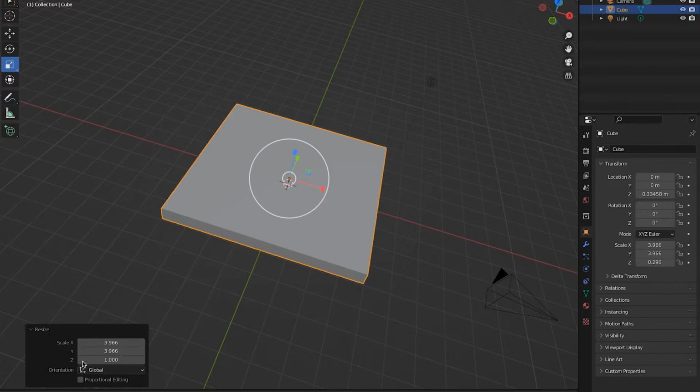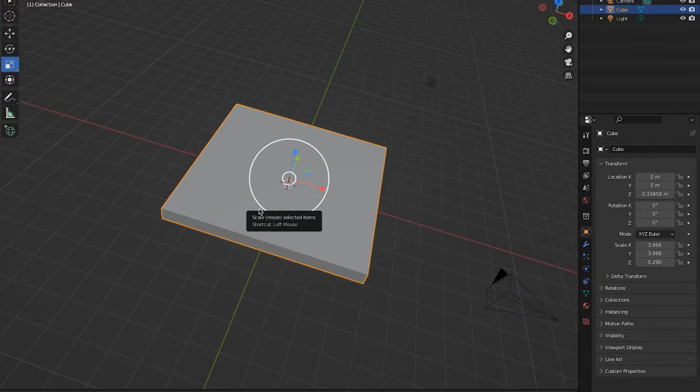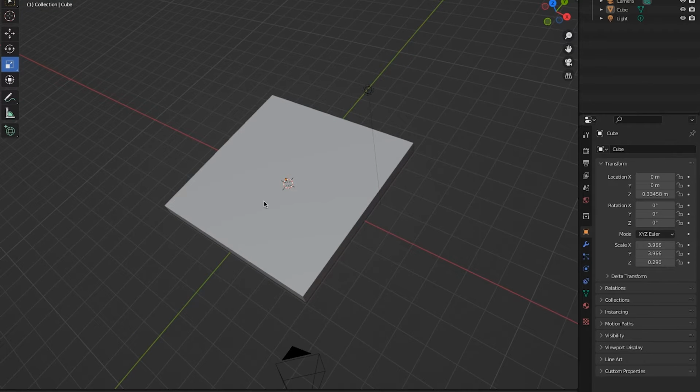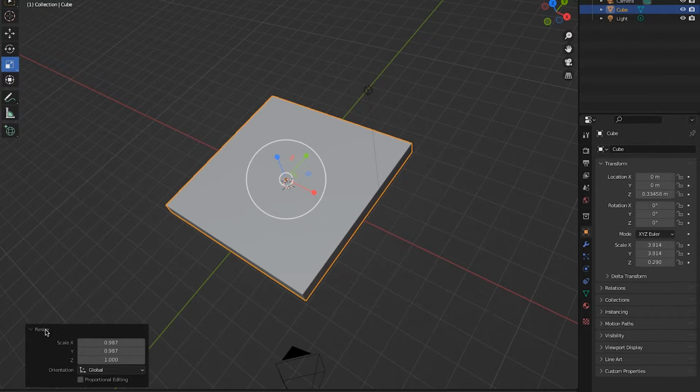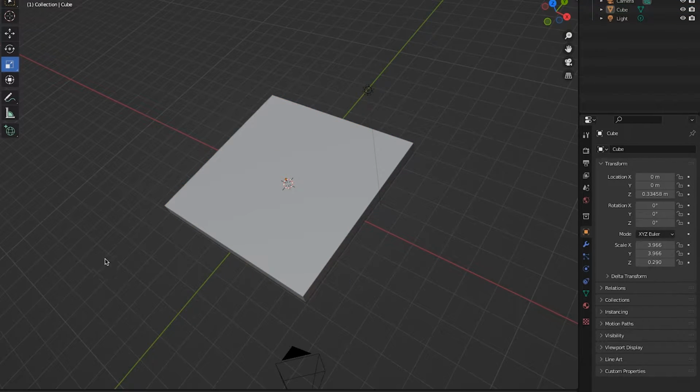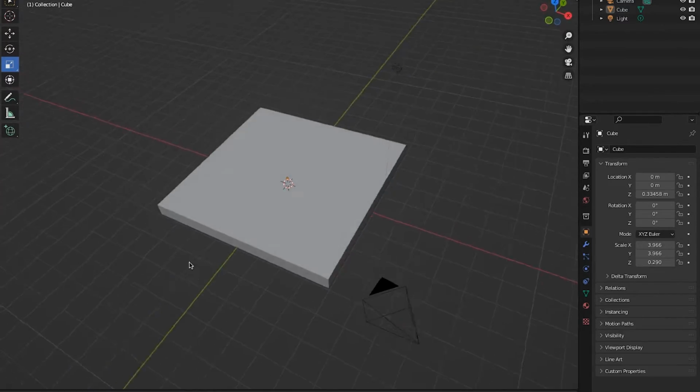I can also use this: if I press S for scale, it appears this little window here, right? So I just put 1 by 1. So you can use numbers as well here, or you can use the properties panel here on the right hand side. Okay, so let's say I've got this